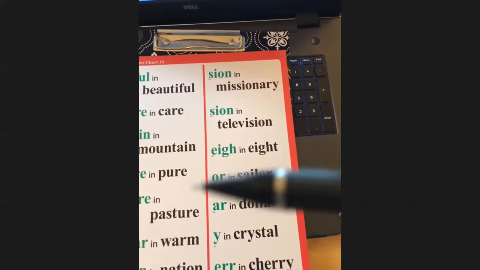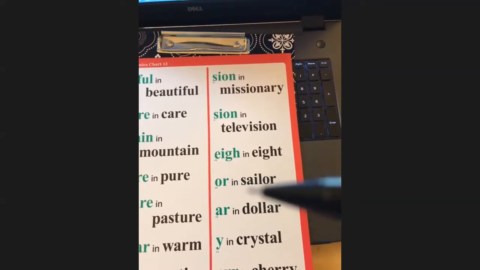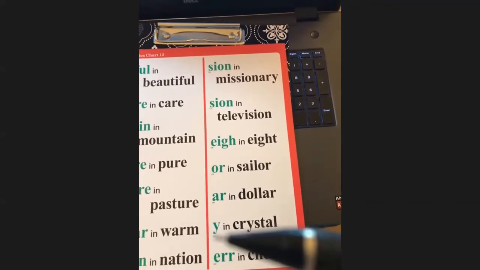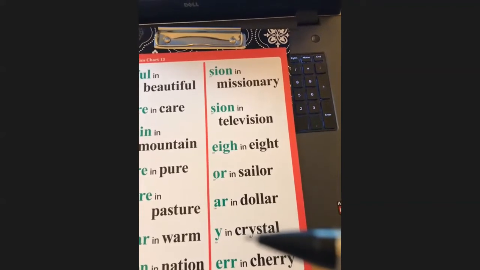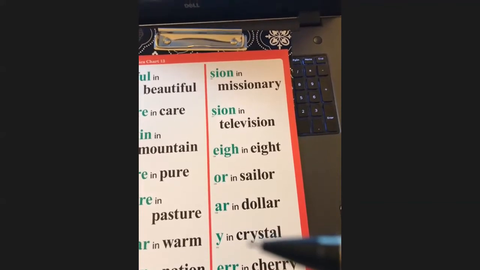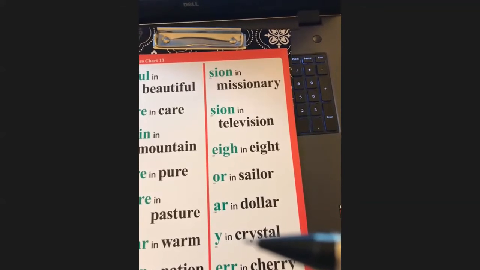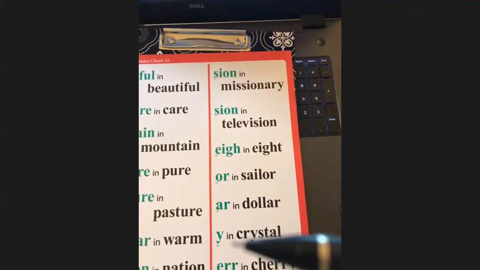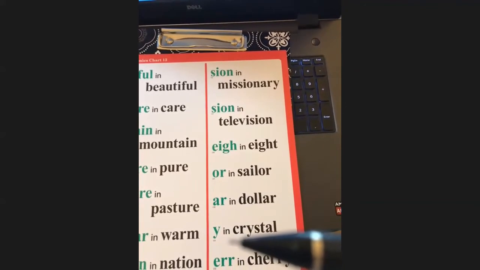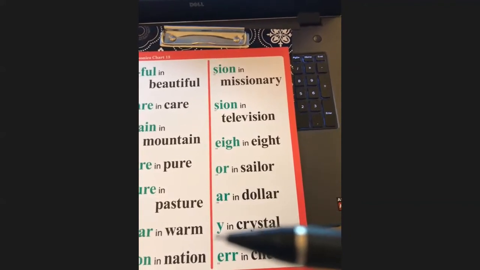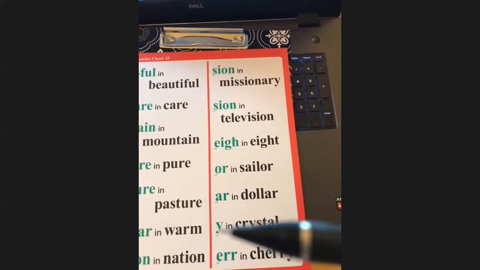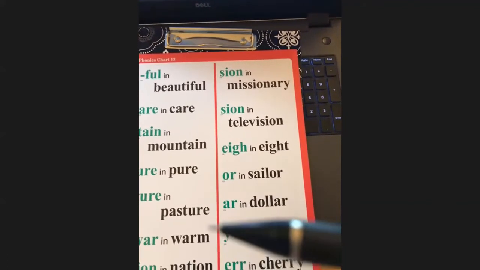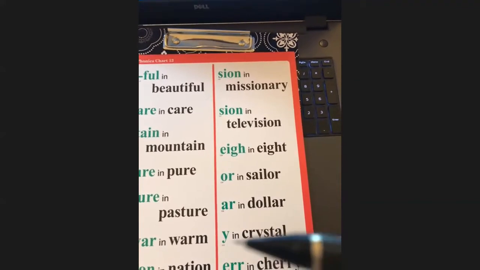In the meantime, we need to learn them and just remember that sometimes OR and AR say er. Here's where a Y says an I short vowel sound. Cry, I. That sounds like short vowel I. Sometimes a Y says I in crystal, gypsy, and there are some others. Sometimes a Y says I as in my, and sometimes the Y says E in baby. So we need to learn the Y sounds with its special word